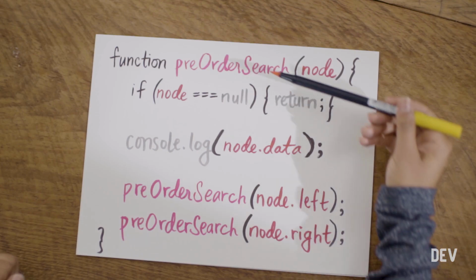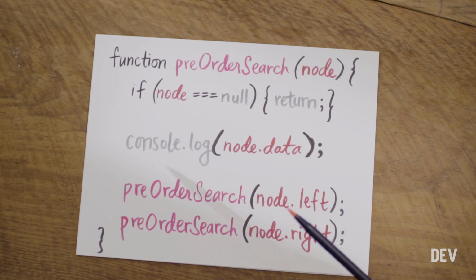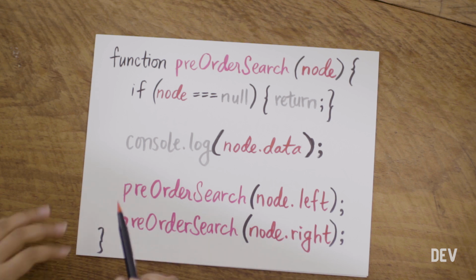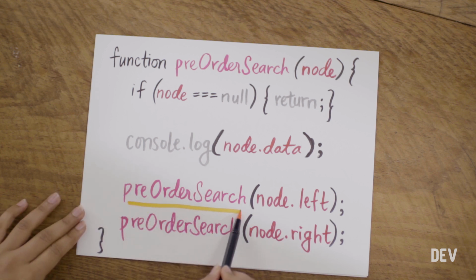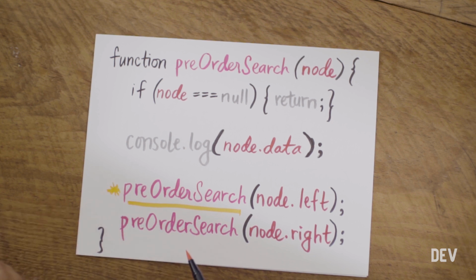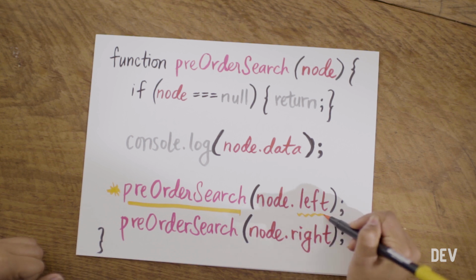This is where the recursion comes in. We actually know that we want to do the exact same steps for the left reference and the right reference if they exist. We already have a function that does exactly what we want. So we can actually call that same function from within itself. Here, we're calling the pre-order search function recursively, and we're going to pass in the left reference